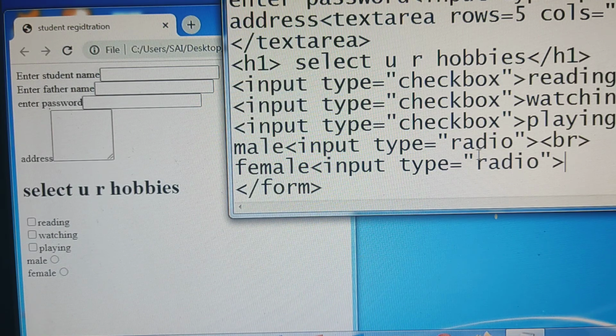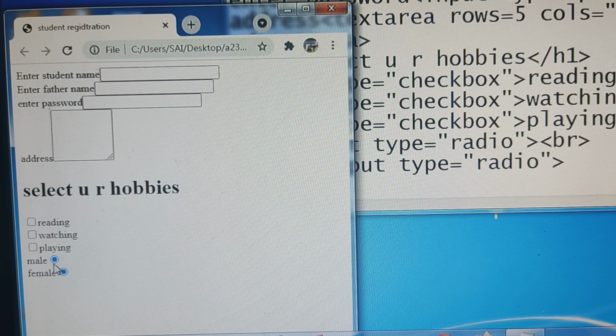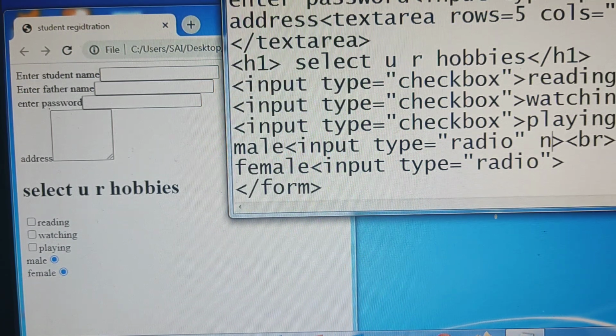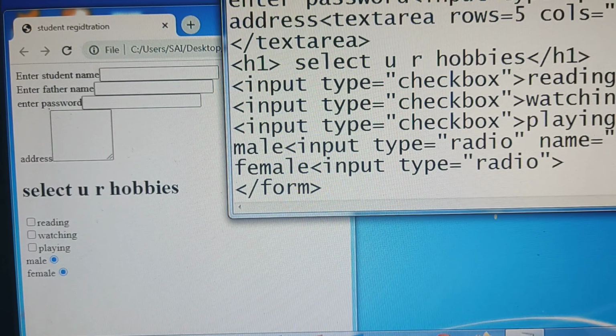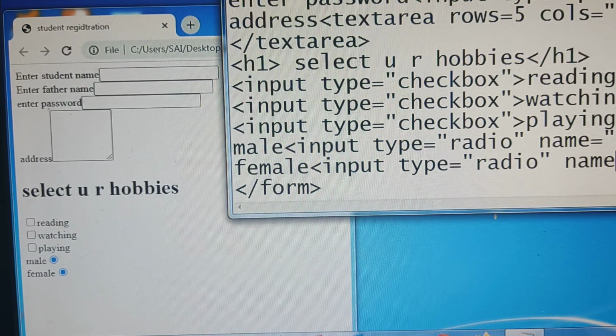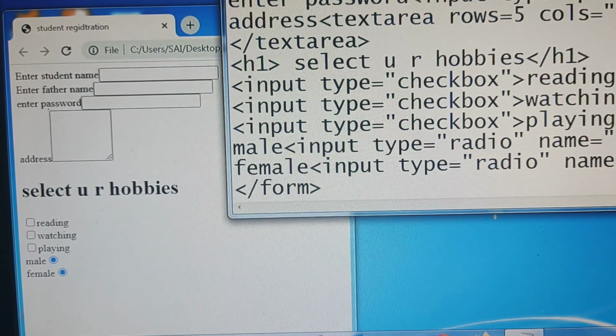Male, female, input type equals to radio, right? Name should be the same for a radio button.